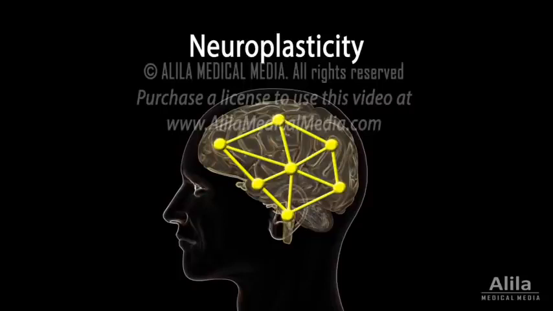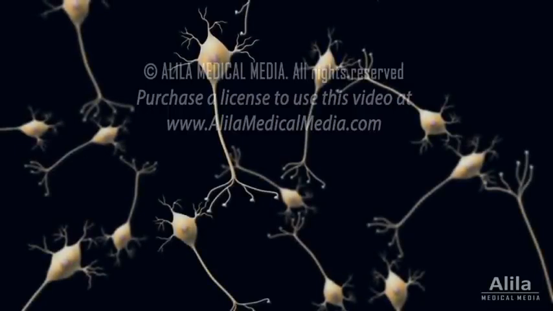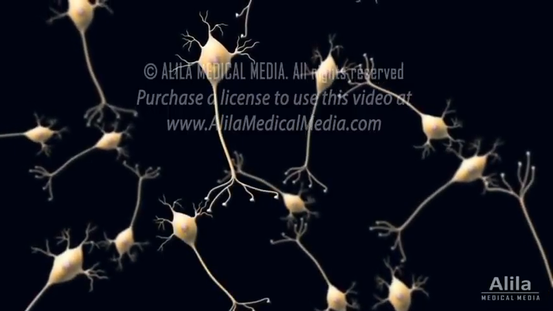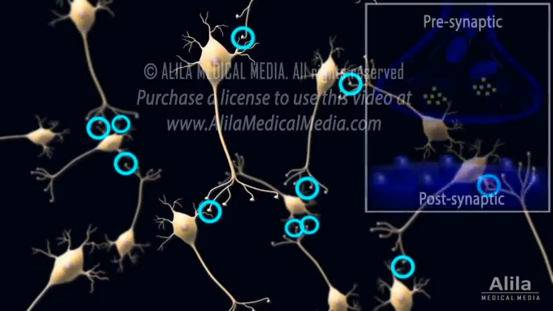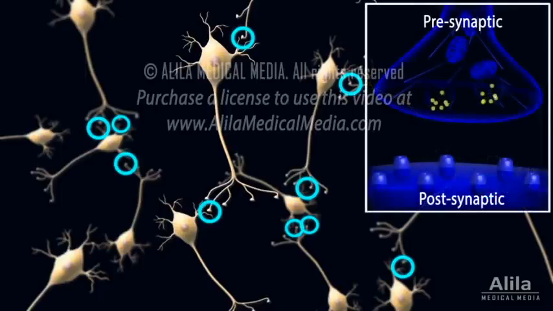Neuroplasticity is the ability of the brain to change or rewire throughout a person's life. It is the basis of learning and brain repair after injuries. The brain consists of billions of neurons. Neurons communicate with each other through a space between them called a synapse. This communication is made possible by chemical messages, or neurotransmitters. Basically, the presynaptic neuron releases a neurotransmitter which binds to and activates a receptor on the postsynaptic neuron.